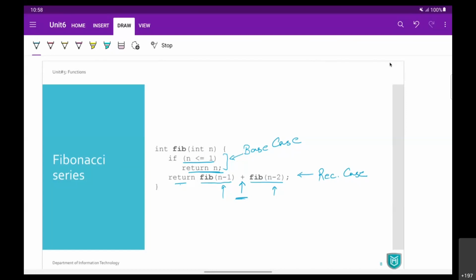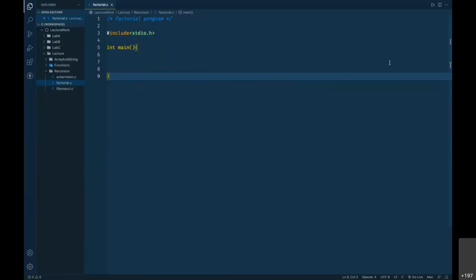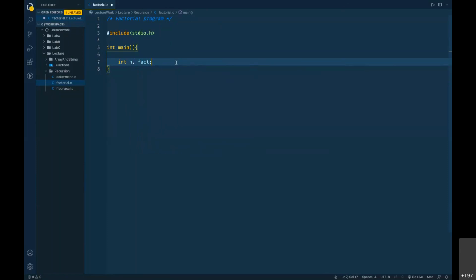So let me jump to the coding environment, and the first program that we want to implement is the factorial program. So in void main, what we can do is we can have some number n, and its factorial answer, right?